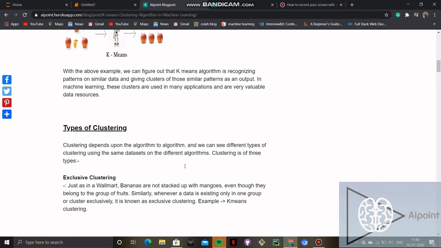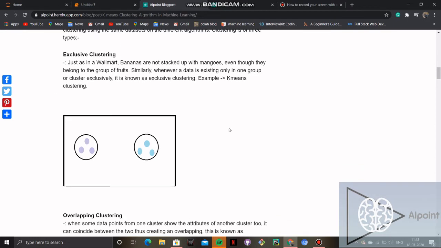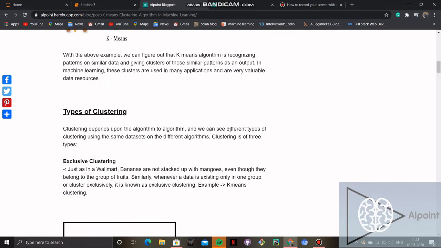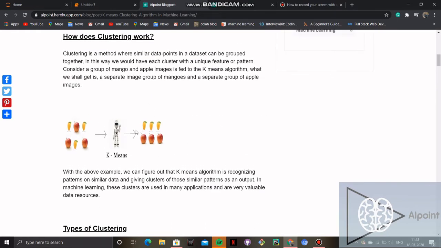So what are the types of clustering? There are basically three types of clustering, but we will only talk about exclusive clustering in this example. Why? Because K-means clustering is an exclusive clustering. Similar to the example we took here, we got two clusters that were exclusive to each other, right?